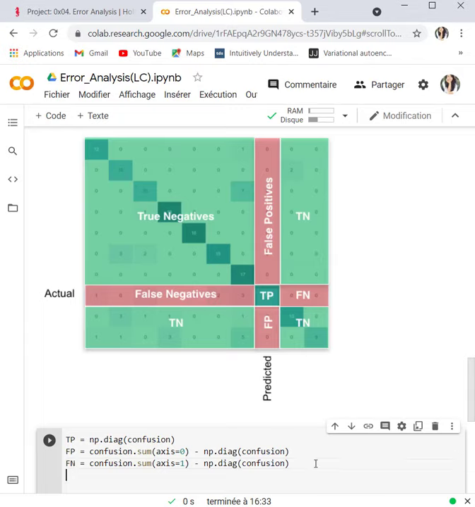Now for the true negative. The true negative will be all the matrix except this column and this line.